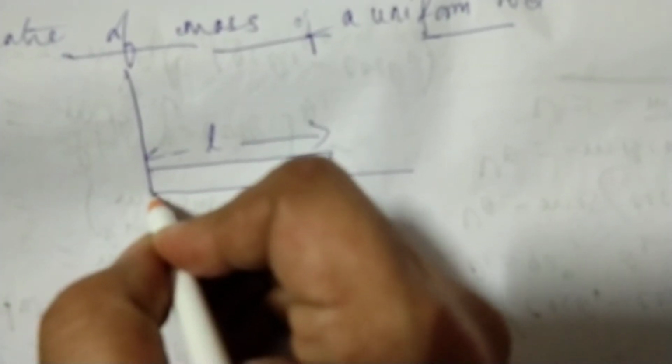Suppose I have taken this as one of the axes. Let us assume we have taken this as a rod. This is the complete length of the rod, and this is what we have taken as the origin, and this is my x-axis and this is my y-axis. Okay. Now let us assume we have taken a very small elementary part of it, and this is dx, right? And this distance from here to here is x. I hope things are very clear.